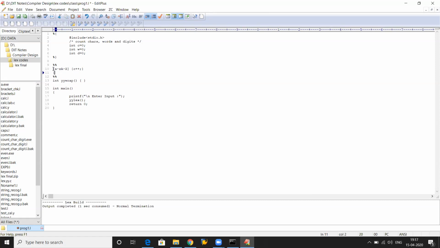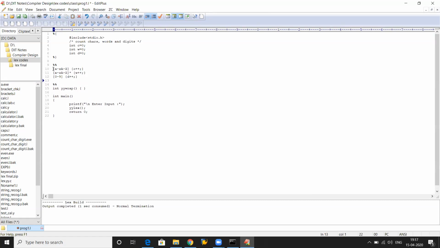Fine. Now next I need to count the words. Now a word can be a collection of small and capital letters, and it can be null or more than null, and the counter needs to be plus plus. So this is the action I've attached. Now the digit can be 0 to 9. Fine. And it can be more than 1 digit, like it can be 1 2 1 4, these types of digits. So apply the star, and it will automatically count it. Okay, so digit counter D plus plus. Okay.